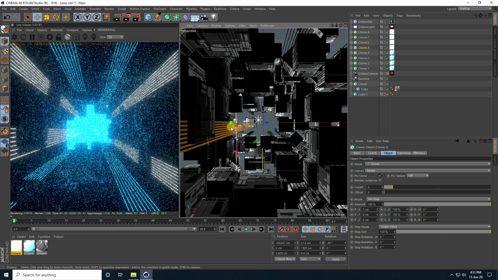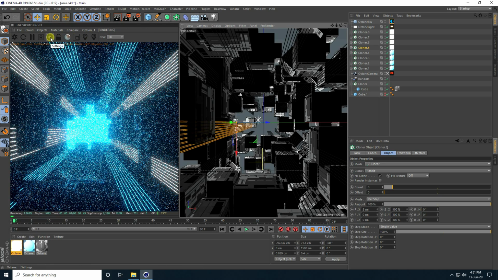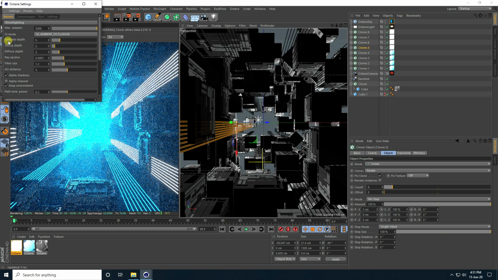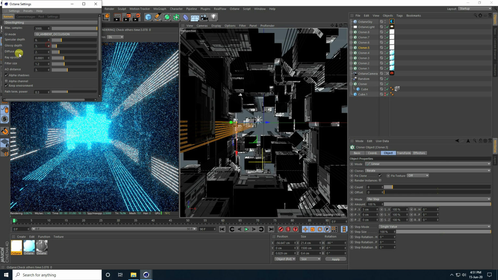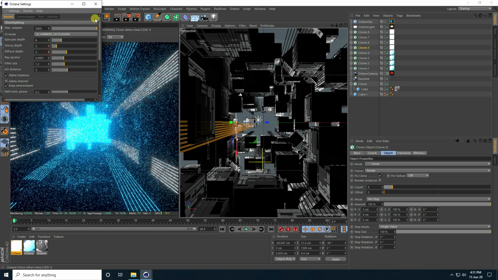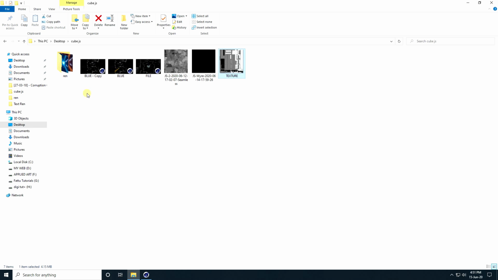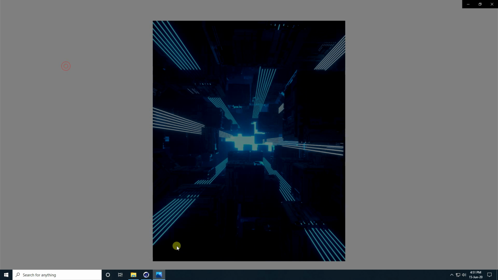Yes, right. Okay, so guys, now I go on render setting, click on here, and max samples I take like 3000 and specular depth I take 6, glossy depth 3 and diffuse depth I take 3. Yes, right. Okay, so guys, now I show you my final render like this.